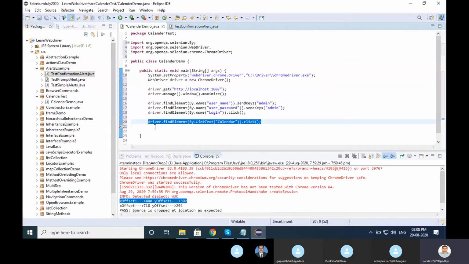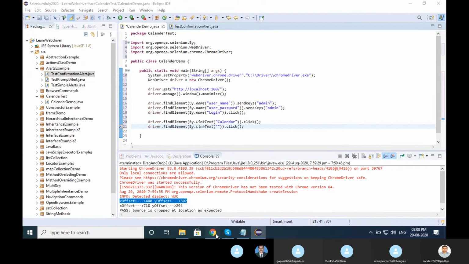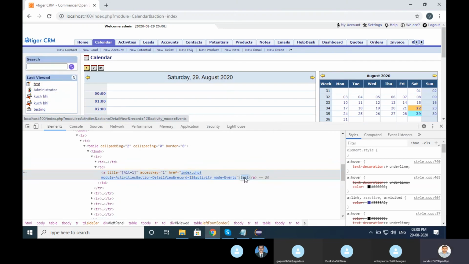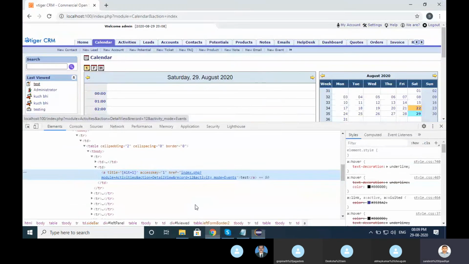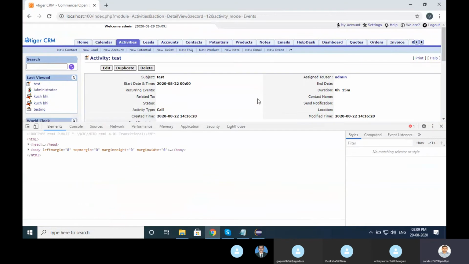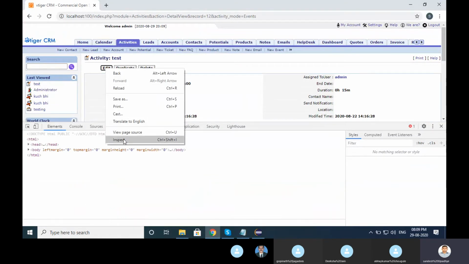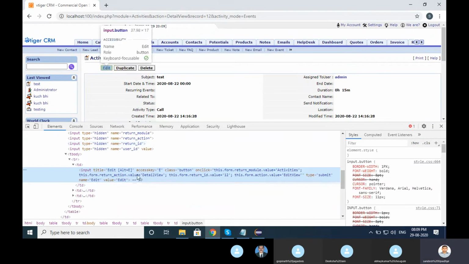Let me copy. Once I click on the text, I want to click on the edit button.